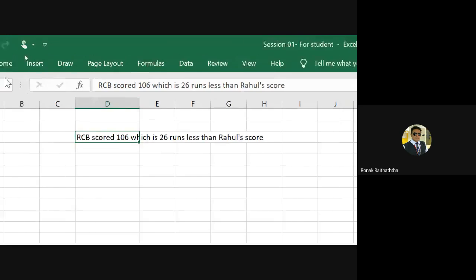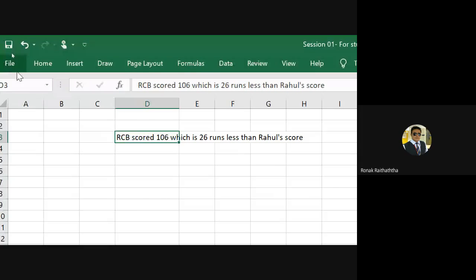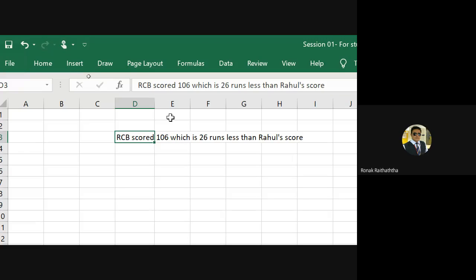Number two way is that some of the people would be of the opinion that, sir, we do not want to increase the width, we want to increase the length of it. It's fine. Whatever statement you have inserted, we are okay with that. But I do not want to increase the width, I want to increase the length of it. Width I want to keep this much only. Now, it is based on your requirement, right?